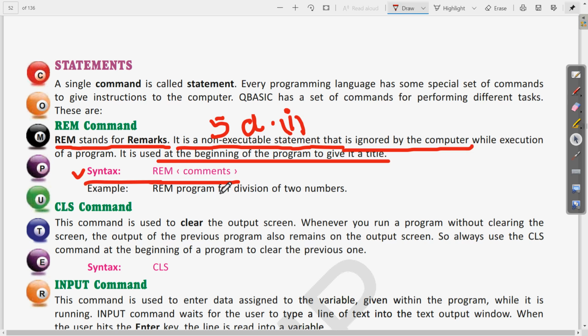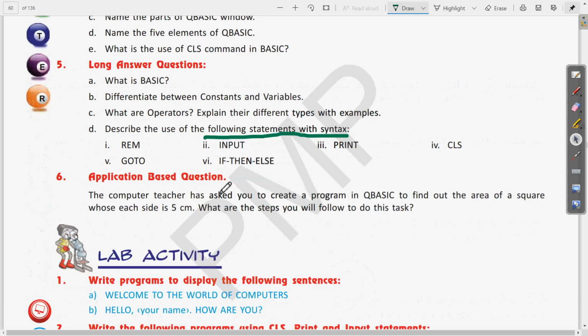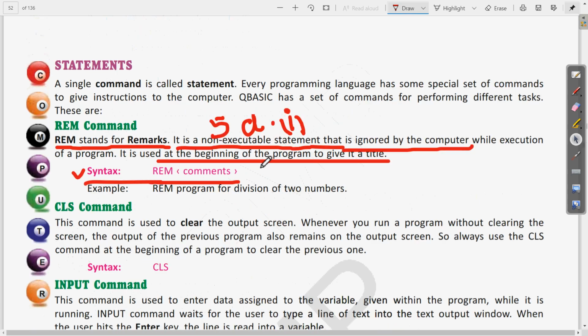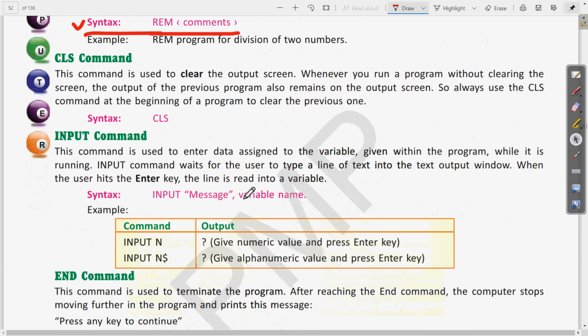Now the next one is, let us come to the book. The next is INPUT command. So INPUT command is also just below this on page number 52. So this command is used to enter data assigned to a variable given within the program while it is running. Clear?